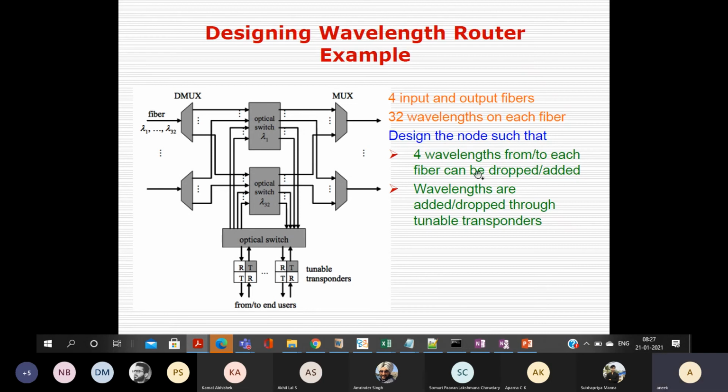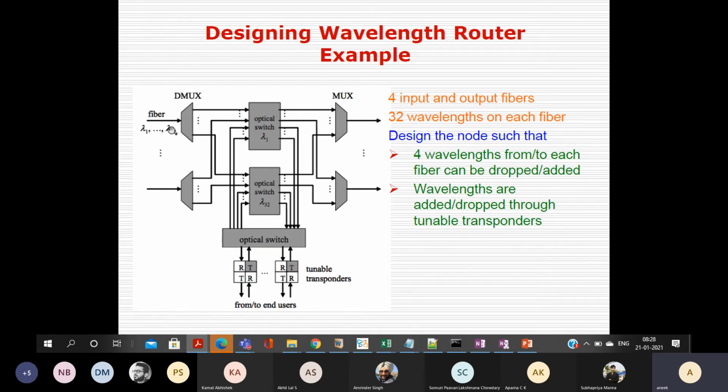Let me complete the statement. The wavelengths are added or dropped through tunable transponders. So the problem statement is that you have to design such a node with a minimum number of devices. What is my requirement? There should be 4 input fibers and 4 output fibers.